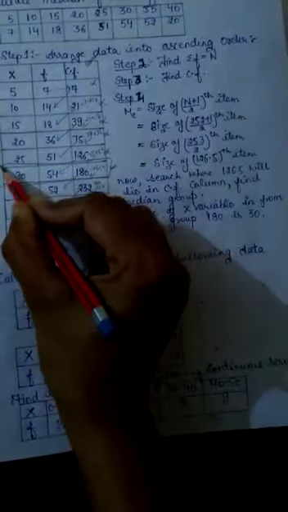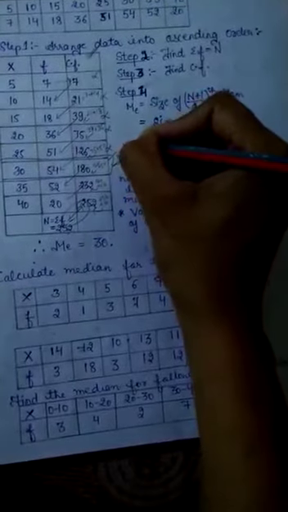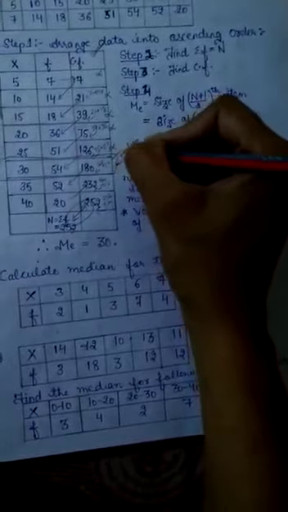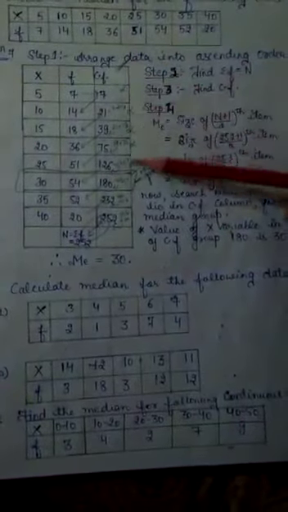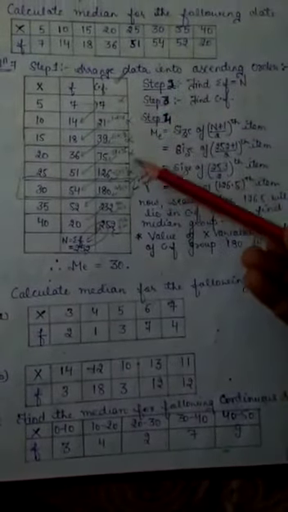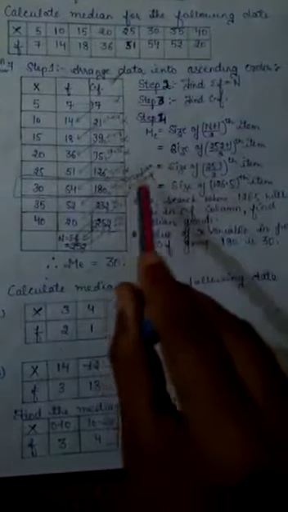as your median group. We will use this. I hope you have understood how we have calculated these. Got it? These are the symbols. You don't have to write this. This is what I have explained, how to choose median group.